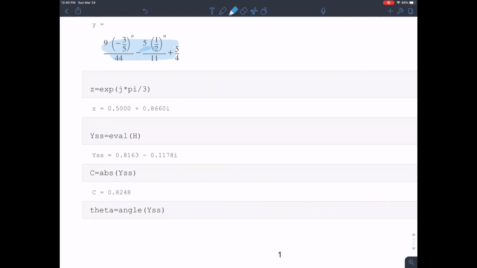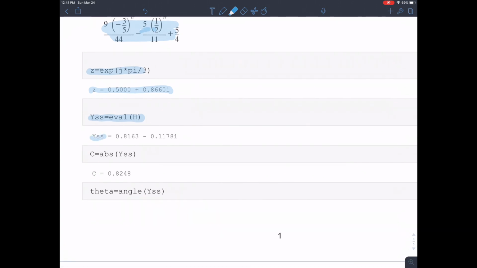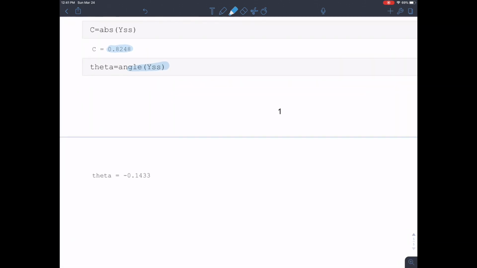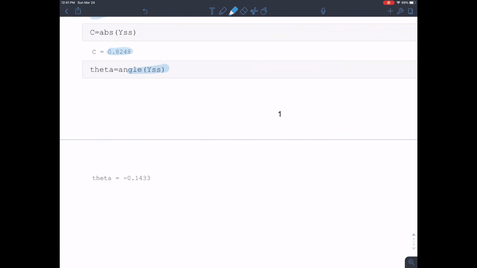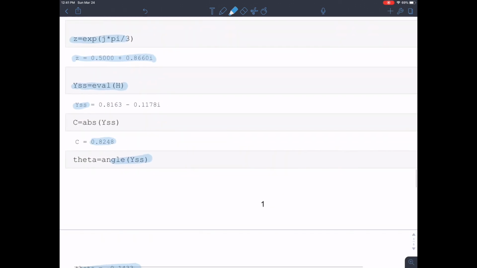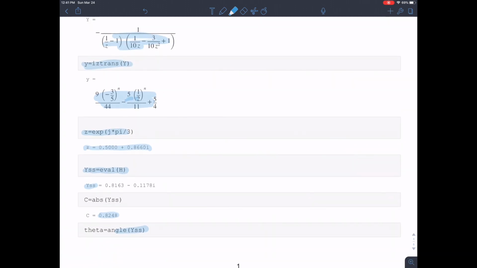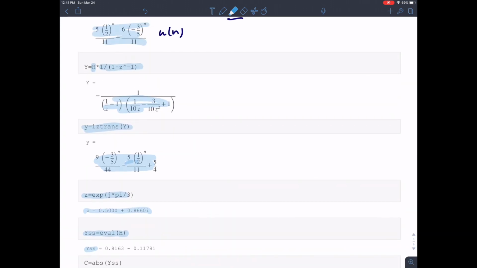All right, and then of course it's easy to check steady state calculations in MATLAB because you can just evaluate the transfer function at whatever z value you want, get the steady state magnitude, then find the amplitude and the phase to make that final calculation work. So I just wanted to point that out in case you're not confident in that part where you're calculating partial fractions or whatever, you can use this kind of approach to make up your own problems and